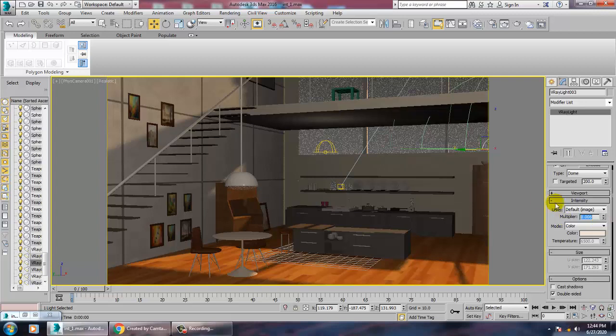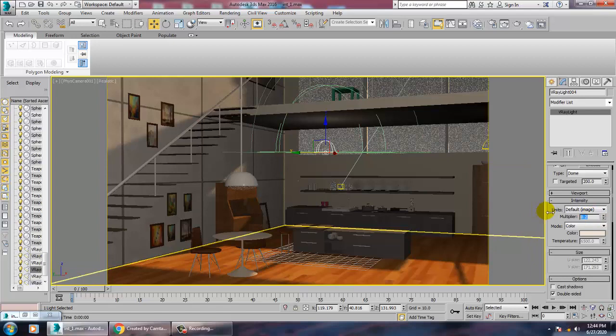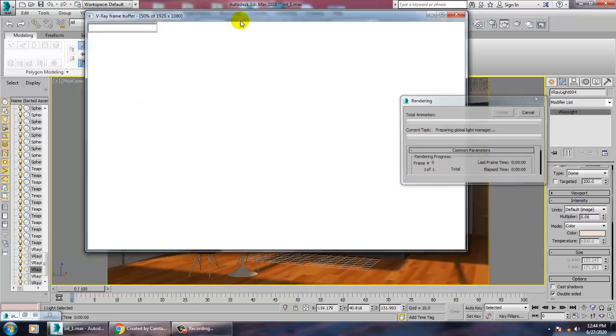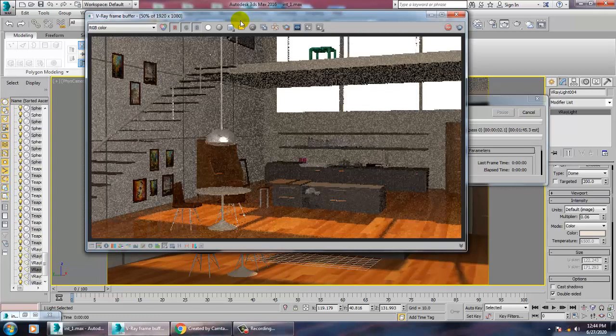0.06, 0.06. Let's render and see how it looks. Yeah, that looks much better.